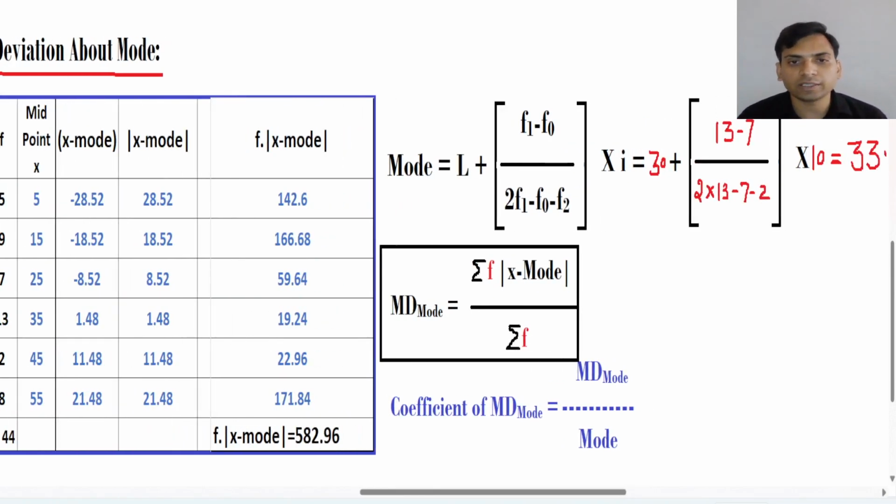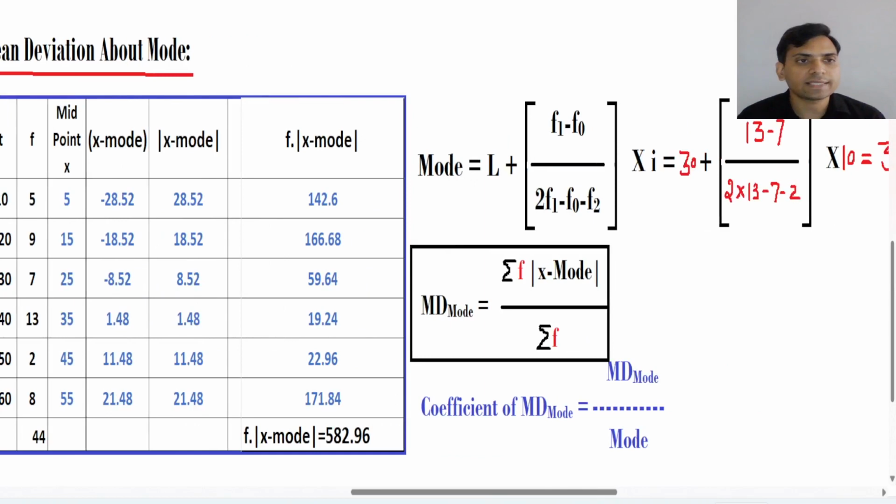The next requirement is x minus mode. We have this x value 5 and mode 33.52. We will subtract from 5, so you will get minus 28.52. Then the next task, modulus: all negative values convert into positive and positive values remain positive. And then multiplication with f. We have this f column and this modulus of x minus mode. Now multiplying, you will get this column, and the summation of this is